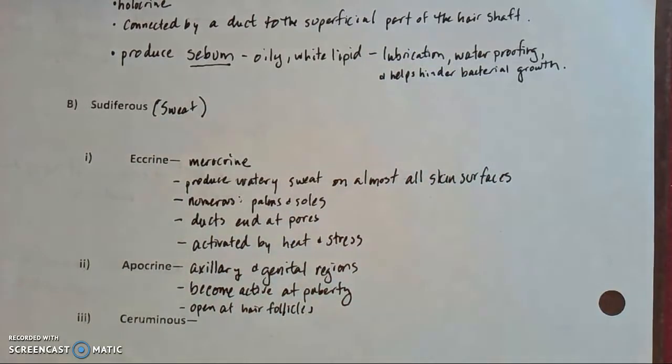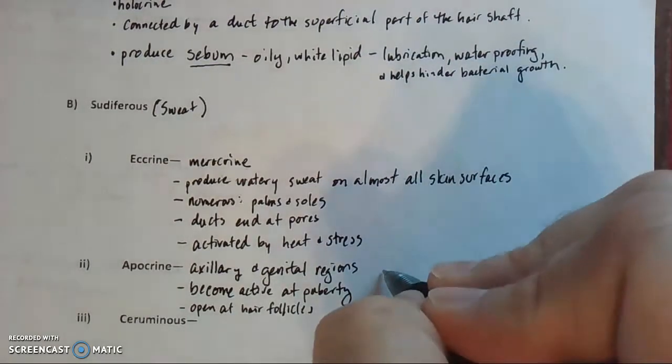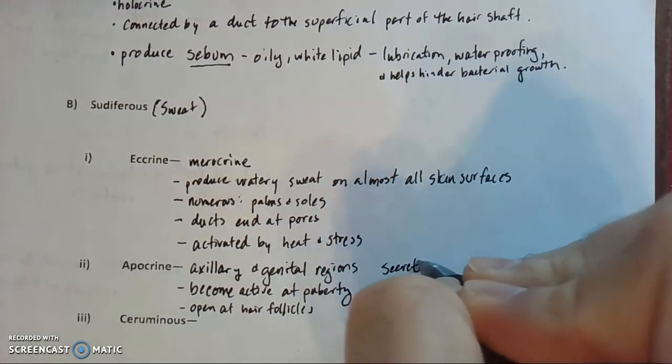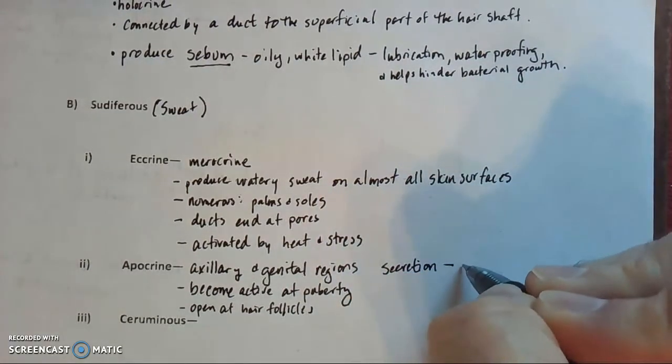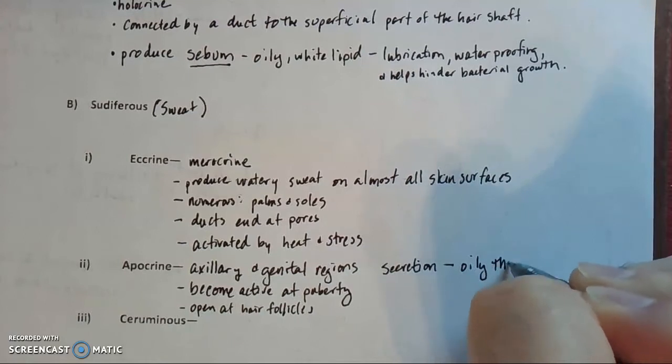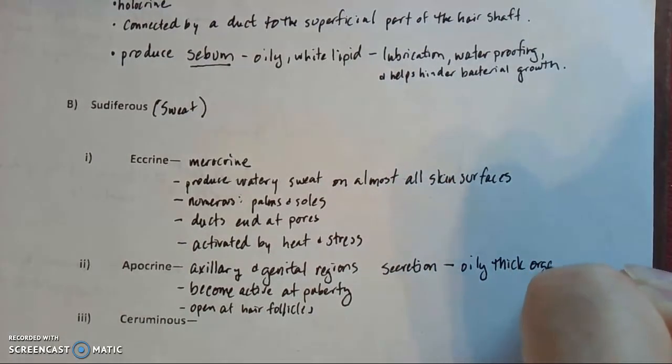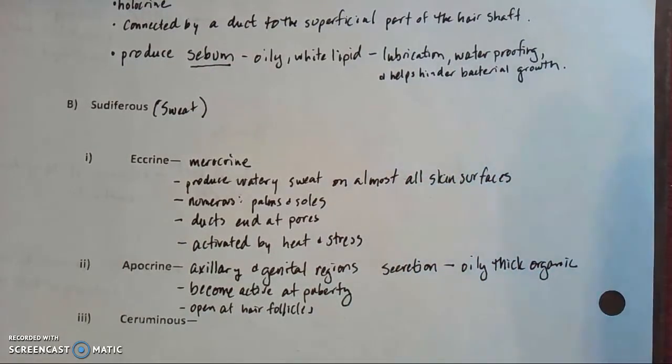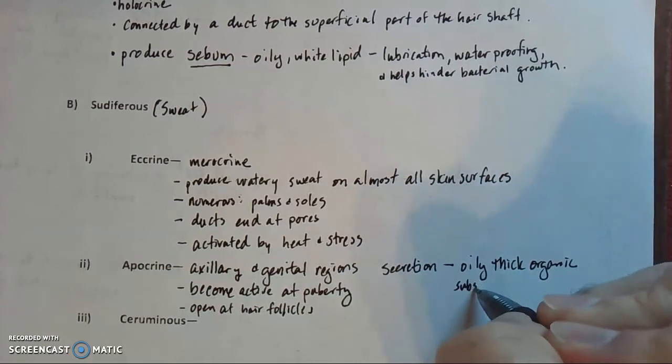So as you develop hair in your armpits and your pubic region, these are going to open at the follicles, and they secrete a very oily, thick, organic substance, much like sebum,